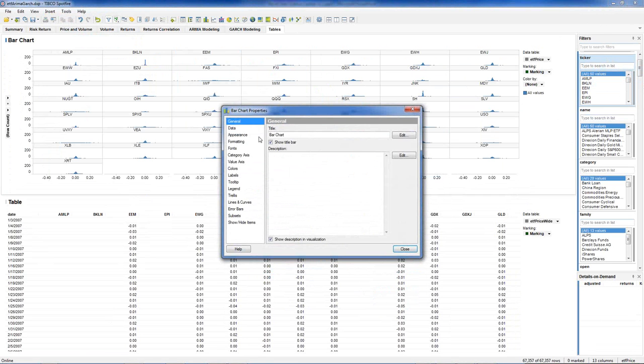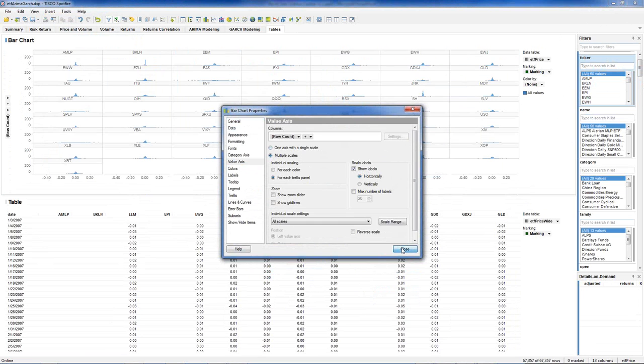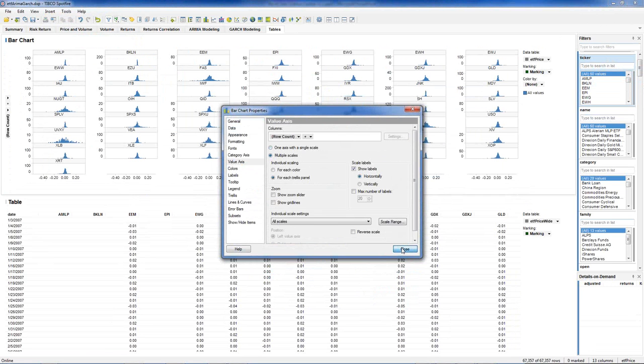I will now adjust the axes so that we can see this a little clearer, so I'll allow for multiple axes. Then perhaps color it by category, which is an industry classification. And we're done, right? So now I can explore and look at these distributions.